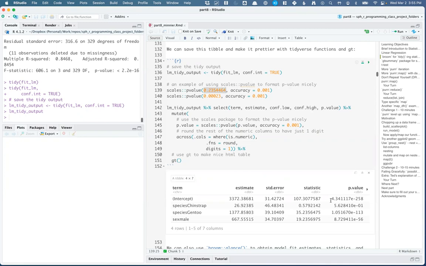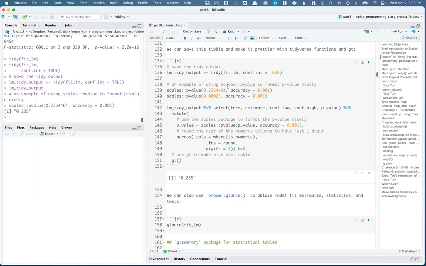You can look at these p-values, like this one is 4e to the negative 258. No one's going to care about that level of precision. So it's common to transform p-values using, first of all, pick how many digits you want. So in this case, I'm going to say 3 digits because my accuracy that I'm telling it is 0.001. And then anything below that, I'm just going to say less than that number, since it's typical to write out p-values like that. So if I enter scales p-value and I put this